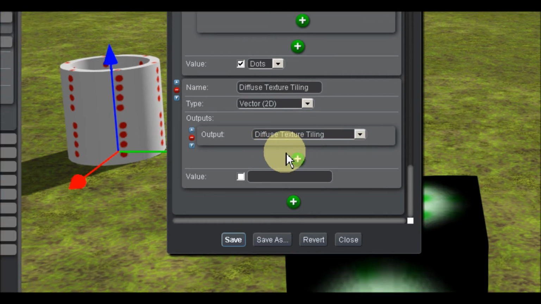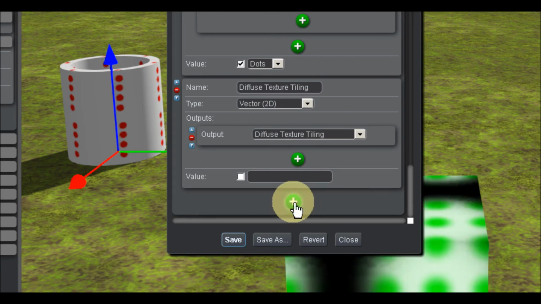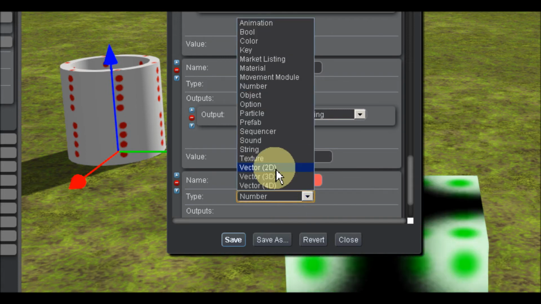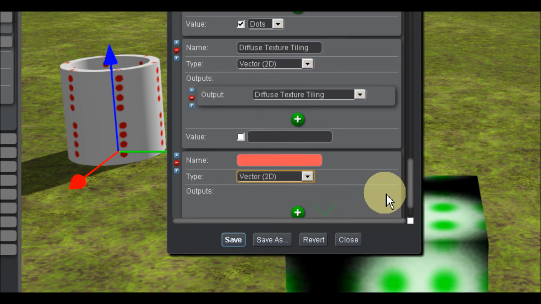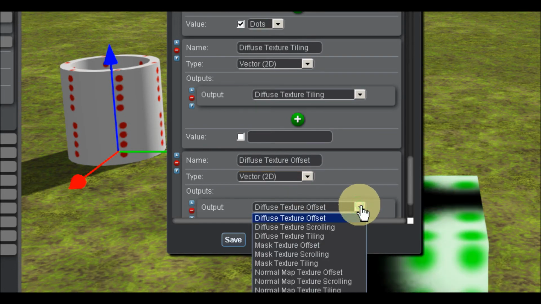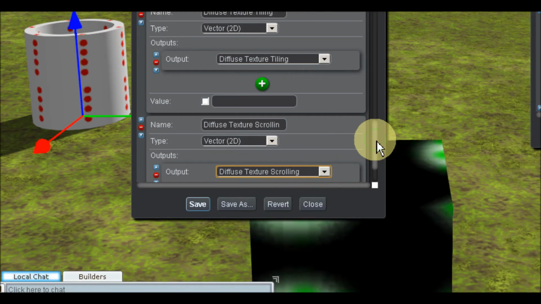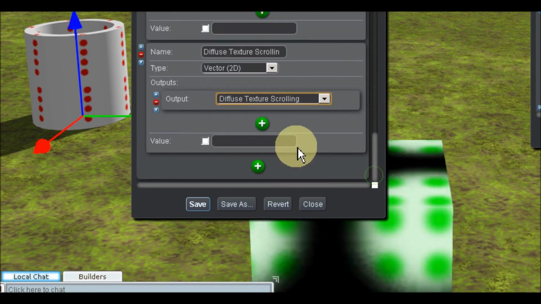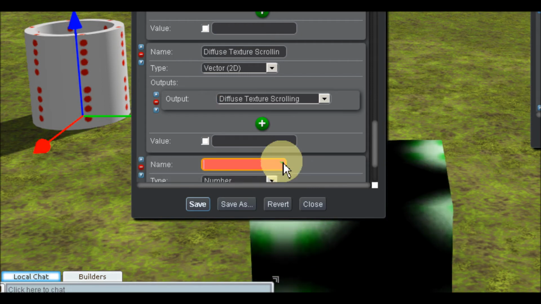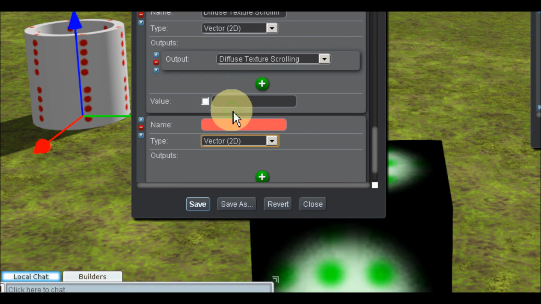Then if you want the diffuse texture tiling to scroll, go to your last field, click that open, change the number to vector 2D, and click the green button, change this to diffuse texture scrolling, and now we're going to do one for tiling for the pattern. So click the last green field, change this to vector 2D, click the green button again,